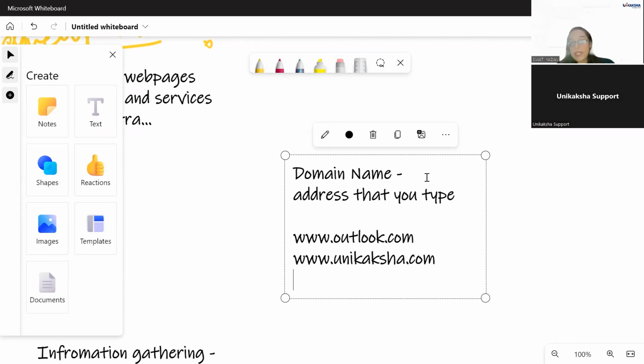So a domain name, now you relate it with DNS. A domain name is unique to a website. In other words, you don't have another unikaksha.com. It's just us. You don't have any other outlook.com. It's just only one Outlook that you have. So in other words, no two websites can have the same domain name. While it is true that you don't necessarily need a custom domain name for your website,